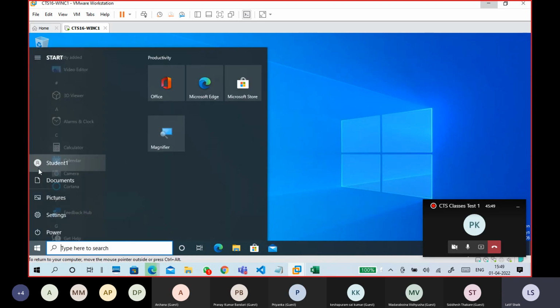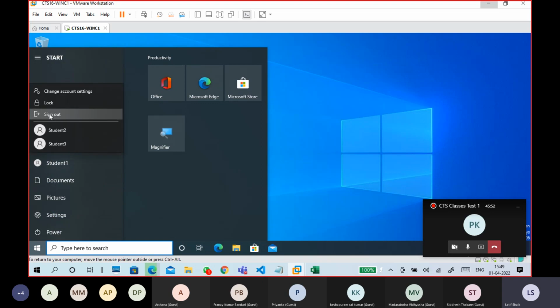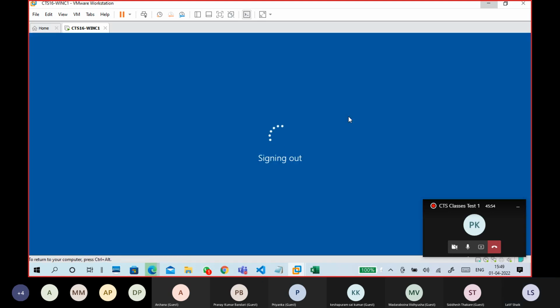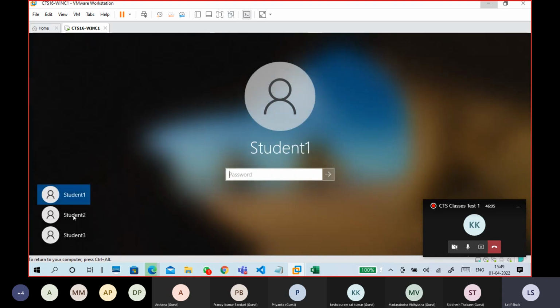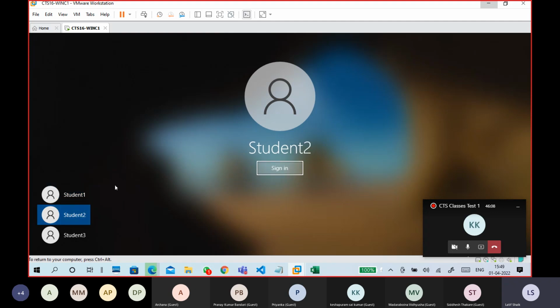Then try to sign out. Now can you see users are looking normal? Student 1, student 2. So I'm logging in with student 2, and I want to tell about standard users also. Like yesterday I told, standard users don't have more access permissions.